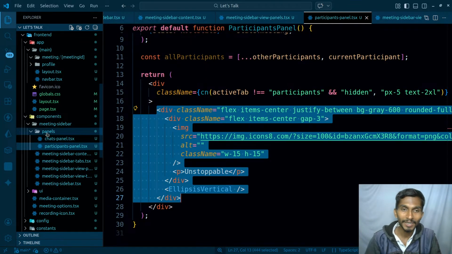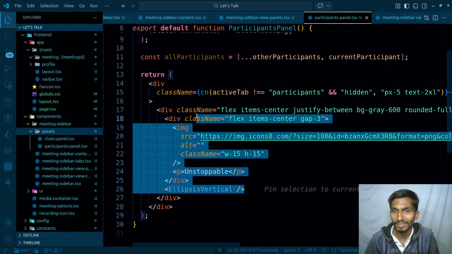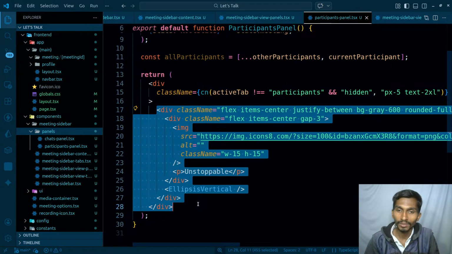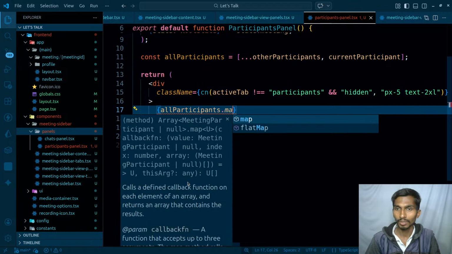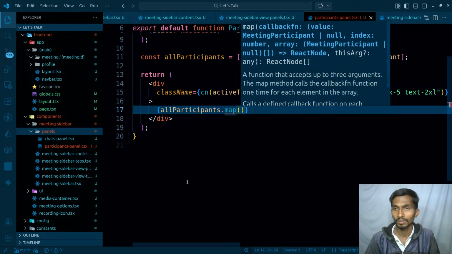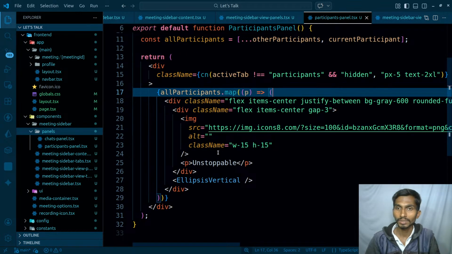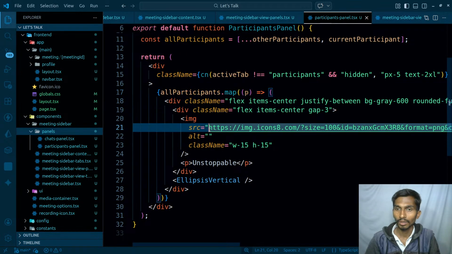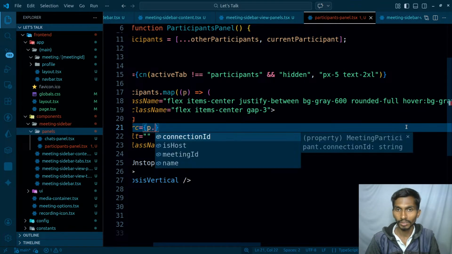let's get one more. So inside panel, I will have a participant. First of all, okay, I can create the components later, and it's really good that you create lots of components and separate everything. But for right now, all participants dot map, and I'm gonna be getting the participant from here. Once I got the participant, I'm gonna be returning this, and once I'm returning this, that's okay. And over here, participant will contain the profile information, right? So let's simply get rid of this. P dot